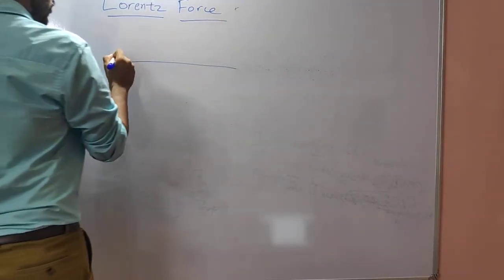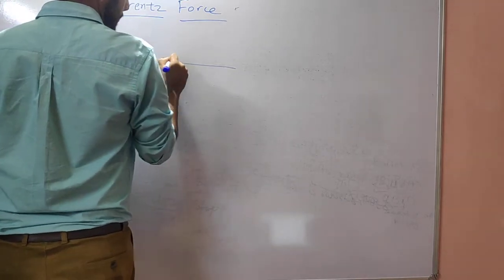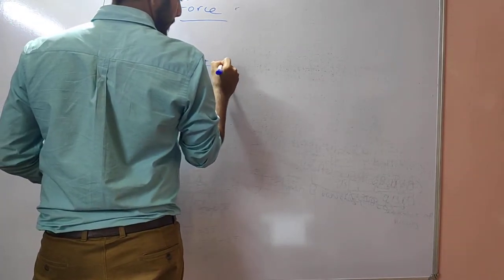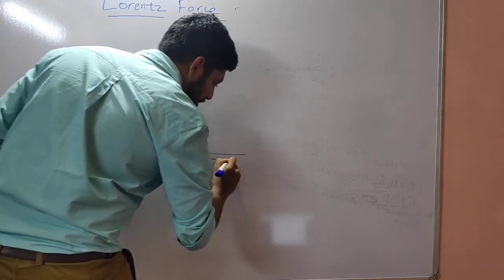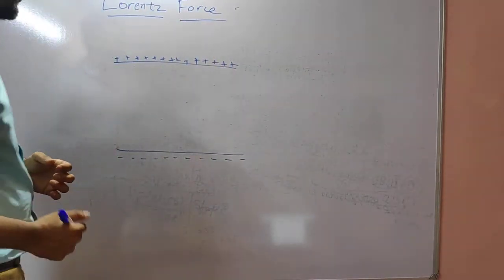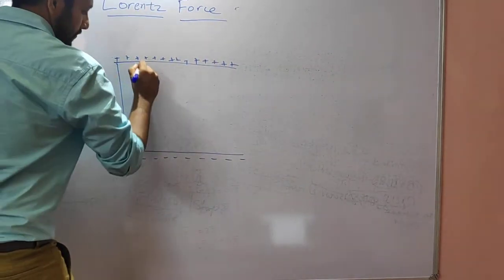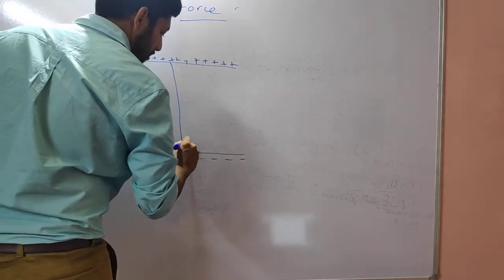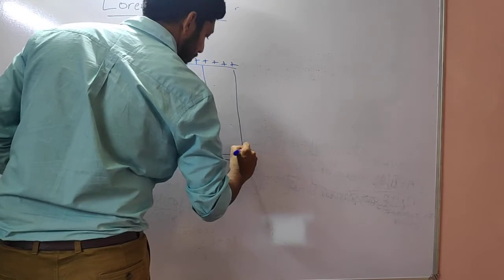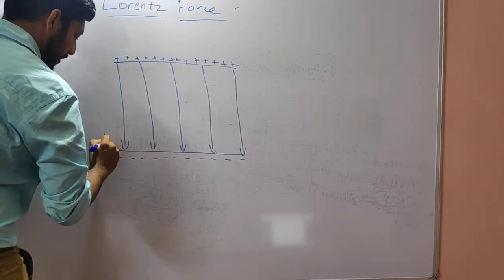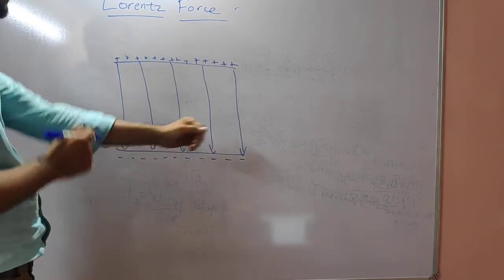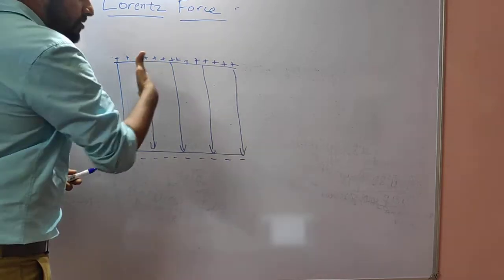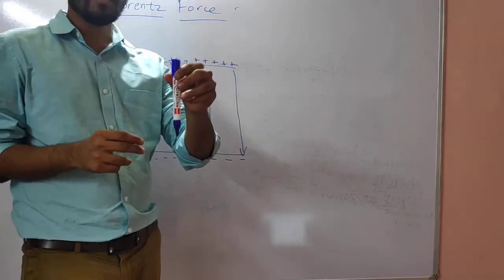Okay, so here what we'll do, we'll take an infinite plate. Suppose there is positive charge on this infinite plate. Here we'll take another infinite plate which has the negative charge. So what will be the direction of electric force? It will be towards negative charge. Okay, this will be the direction of electric field. Okay, let us say E. Electric field is E. Now suppose I have magnetic field also that is perpendicular to this. Okay, I can take the direction of that is going inside.